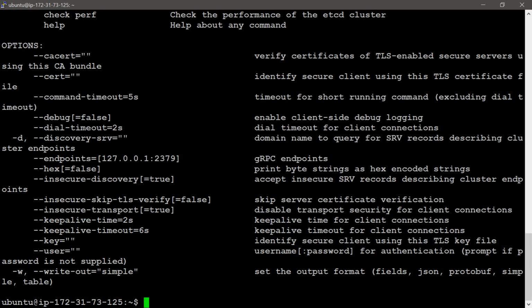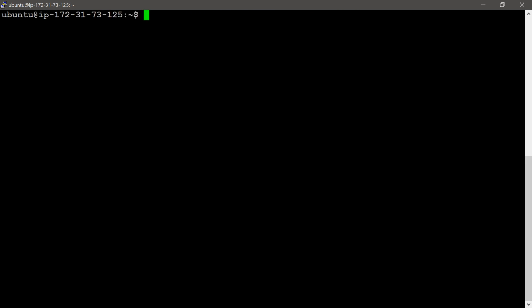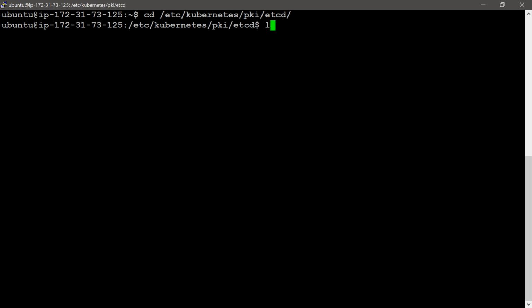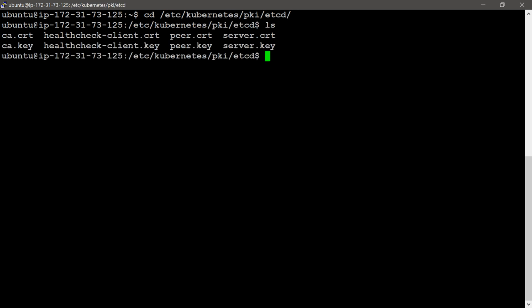Now we can browse the folder that contains the certificate files. I am going to this directory, /etc/kubernetes/pki/etcd. Then I will give the ls command. CA certificates are stored here, ca.crt and ca.key, two files.